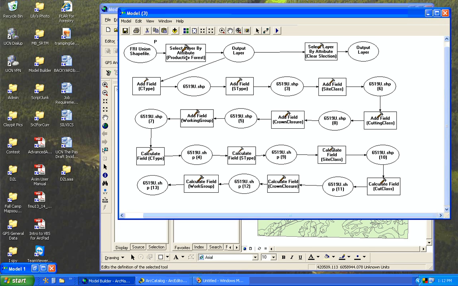Again, if you remember from doing your calculations, only the productive land bases have true site classes, crown closures, cutting classes, cover types. And so you want to make sure you're only calculating on the productive land base. The output here will simply be the shapefile with those polygons selected of the productive land base. Then from there, the model goes this way here, and what it's going to do is